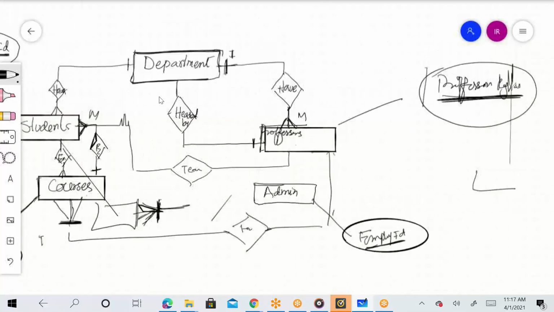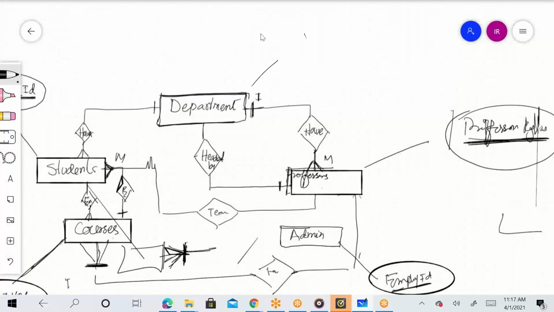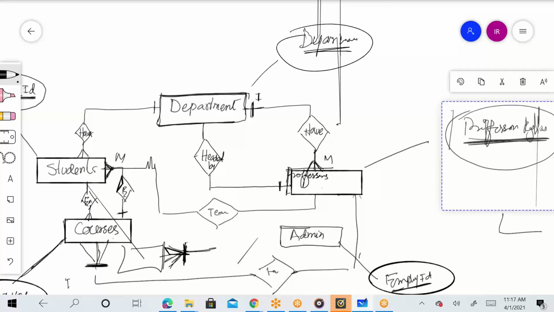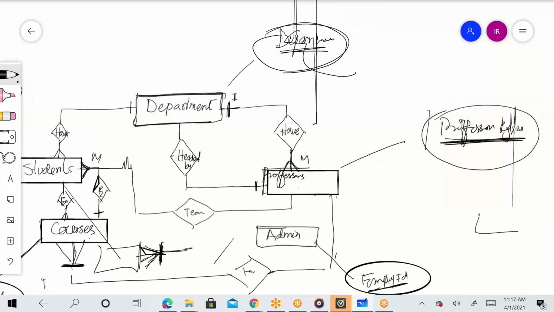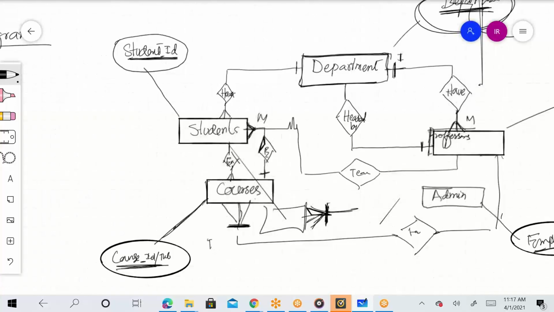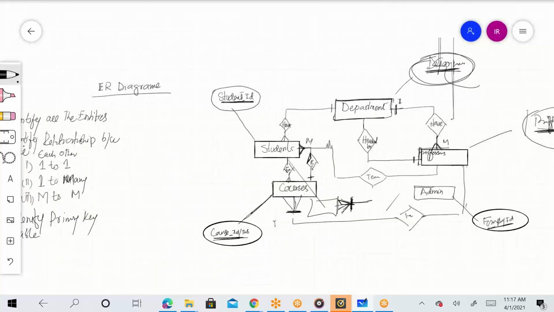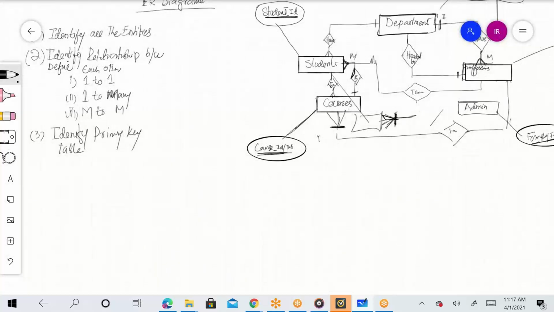Department, we don't need to have a department ID. Department itself has a unique name. So department name can be used as the primary key of the department table. So this is how, one by one, we have defined that every table is going to have one unique column, one primary key column, which will differentiate every single row or record in that table. Fourth step is